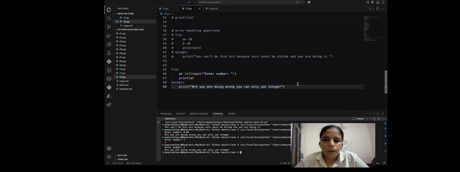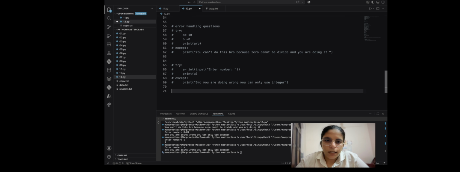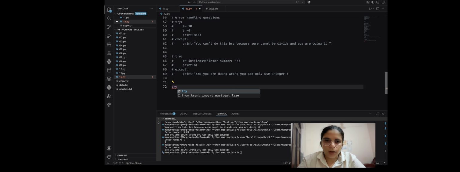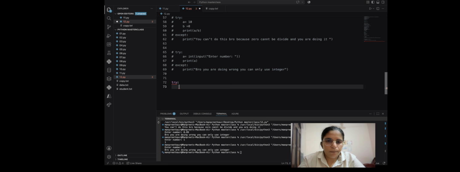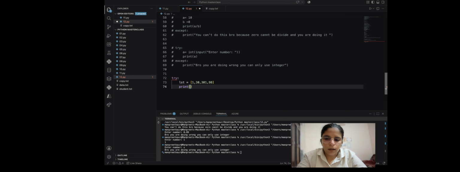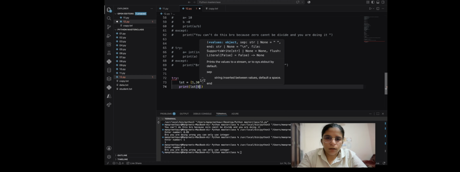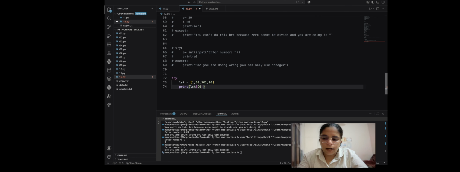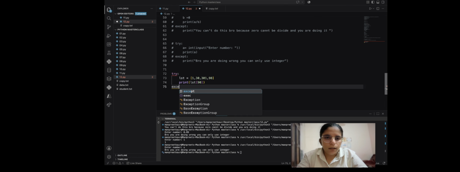Now we are going to perform exception handling with indexing one. Indexing one. Try. First I will give a list. Okay. List of 1, 3, 0, 3, 0, 1, 9, 8. Okay. Now we are going to print lst at 90, that actually you don't have. Okay. Except